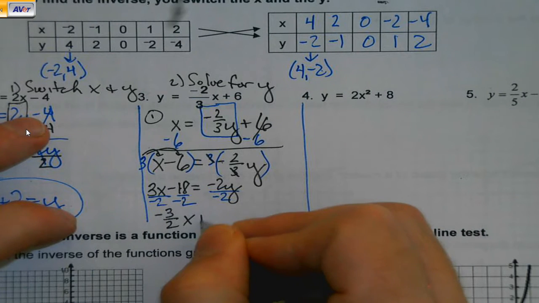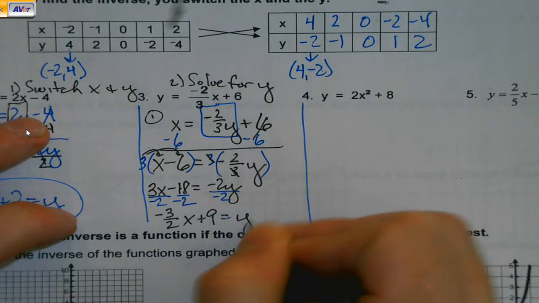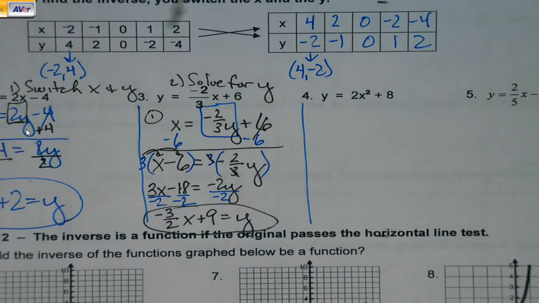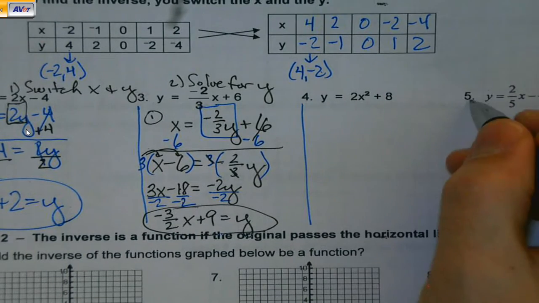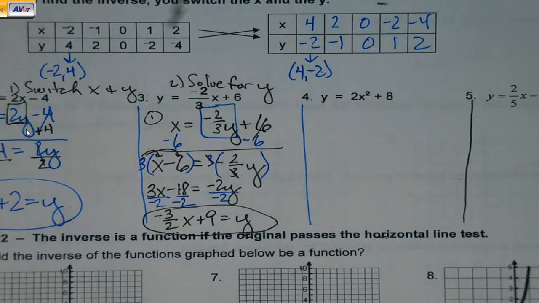18 divided by 2 is 9. Or I can do it in individual pieces like that. But I keep working until I get y alone. That's going to be my big thing. Will there be some twists? Of course there will be some twists. There always is. So when I look at this, I go, okay,